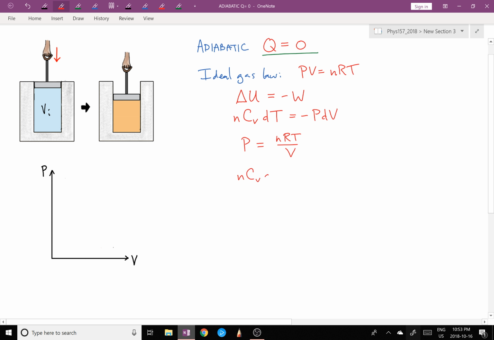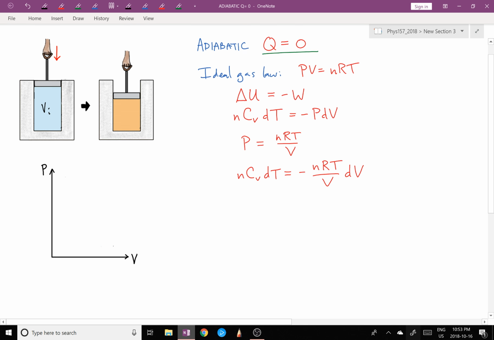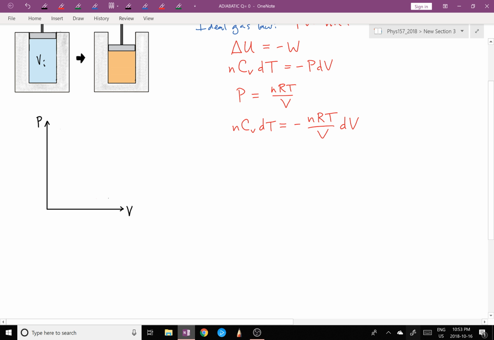We get nCv dT equals minus nRT over V dV. Okay, and now we can simplify things a little bit because the n's cancel off on both sides. And I'm going to divide both equations by T so that we end up with Cv times dT over T